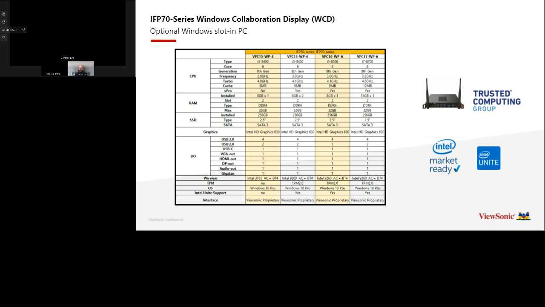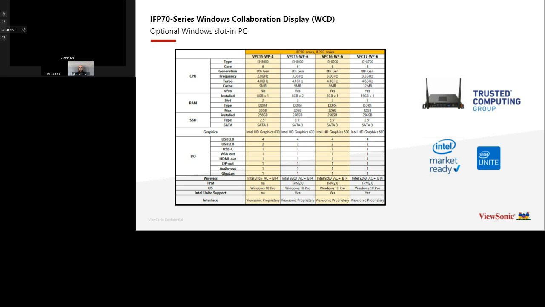They're an Intel 8th gen processor, either an i5 or an i7. 8 or 16 gigs. Obviously, you can go up to 32 depending on your needs. But once again, you just try to make it easy when you're talking about a device that's 4K, 20 points of touch. You want to have the PC to be able to manage it and run it smoothly.